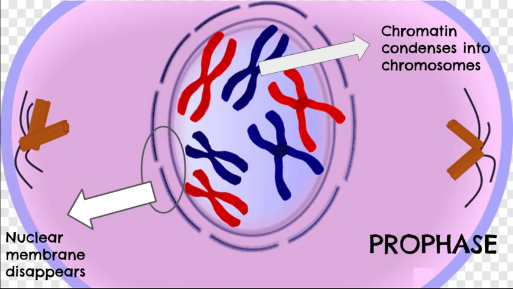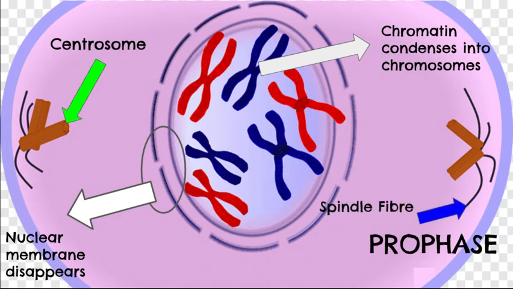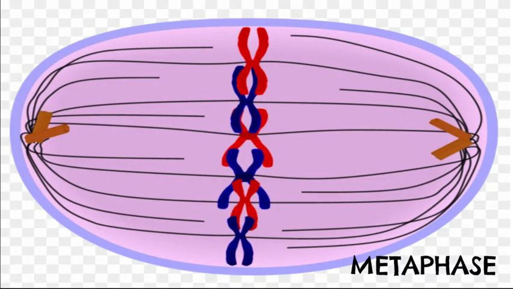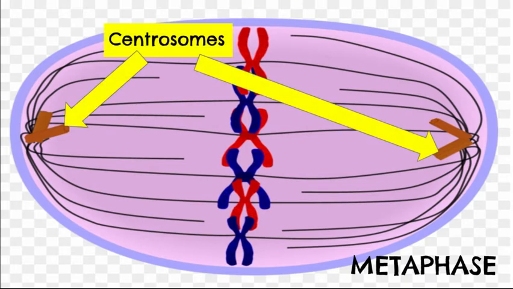During this time, two organelles called centrosomes head toward opposite ends of the cell, and thread-like tubules called spindle fibers begin to form. These spindle fibers eventually stretch out from the centrosome and attach themselves to the centromeres that are attached to the middle of each chromosome. Now, look at the diagram. The two centrosomes at each end of the cell, the spindle fibers are attached to all the centromeres,